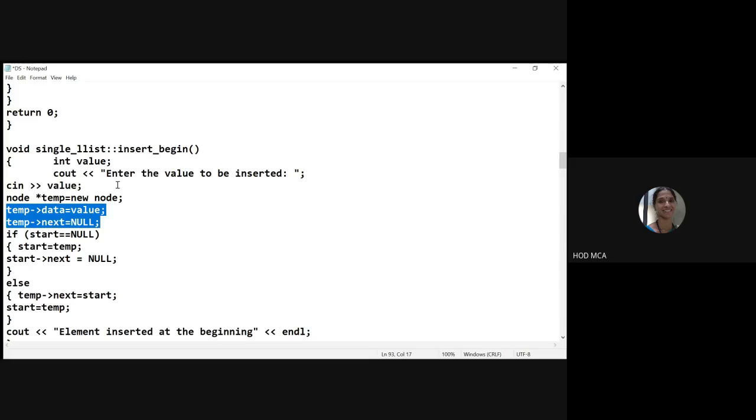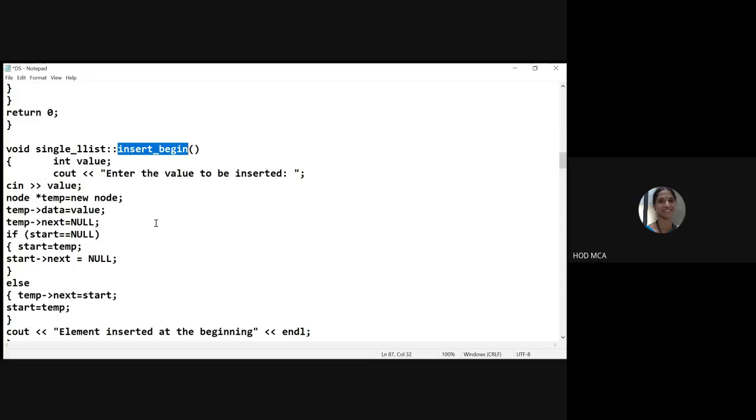Once my node is ready, I want to insert it at the beginning. What does beginning mean? There may already be some nodes, and I want to insert it before the first node. Now, before inserting, what do I check? I will check whether my list is empty.